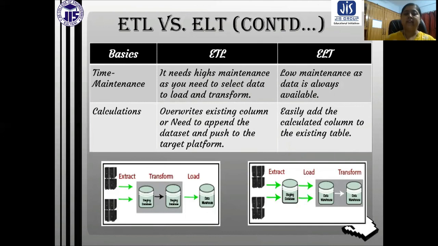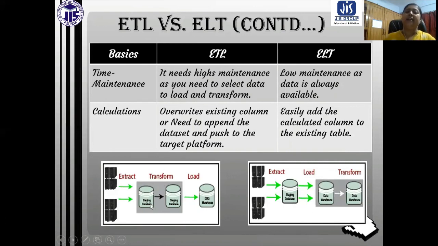So you can see this is basically ETL: extract, transform, then load. But in ELT, it is extract, then directly loaded to the data warehouse, and then in the data warehouse only, all the transform operations are done.